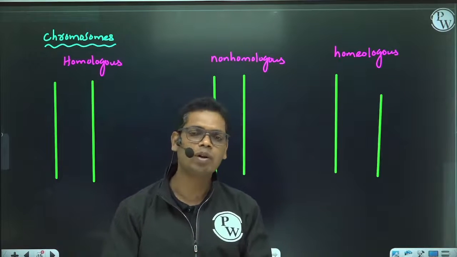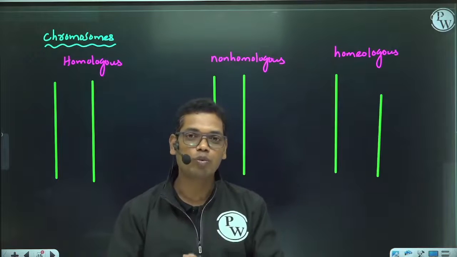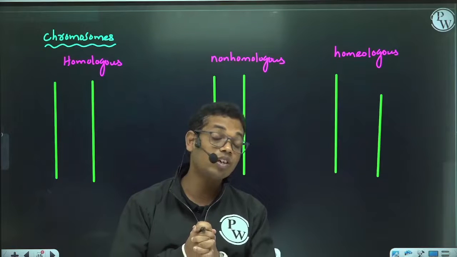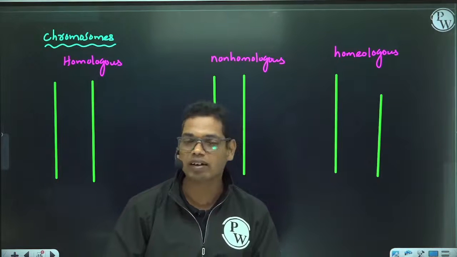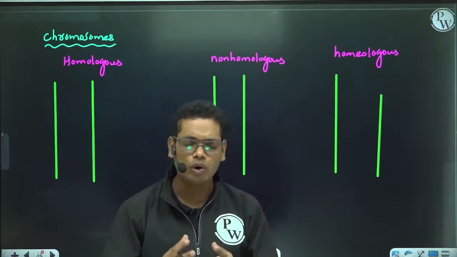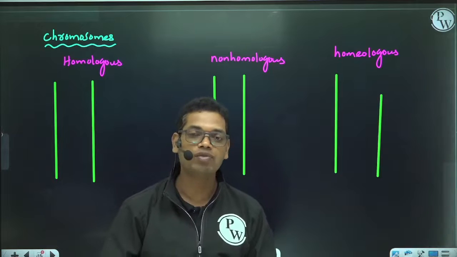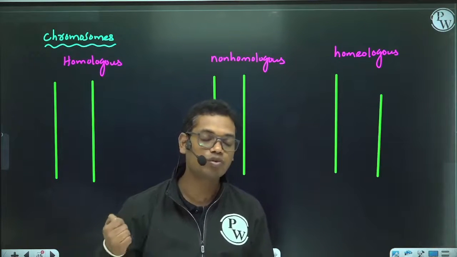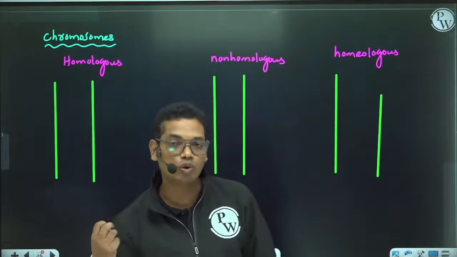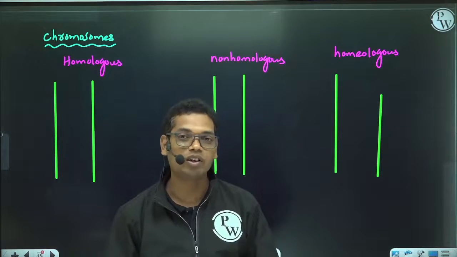So what do you understand by autosomal chromosome? Those chromosomes which have genes responsible for controlling the somatic characters only are called autosomal chromosomes. But if a chromosome has genes which control the sexual characters also, they are called as sex